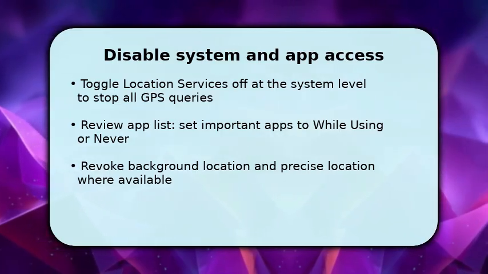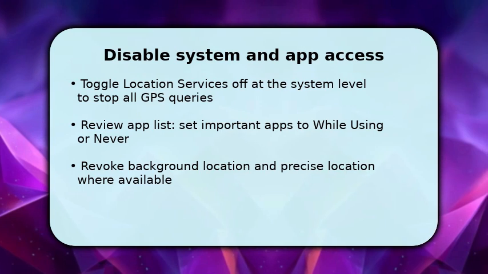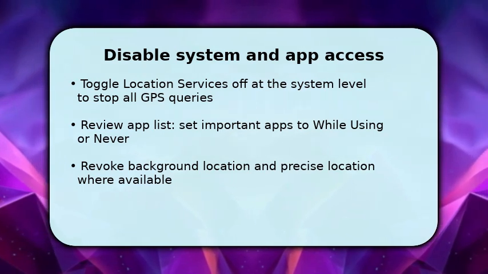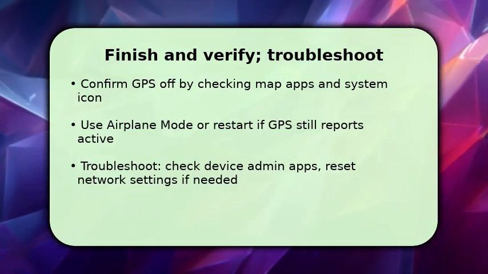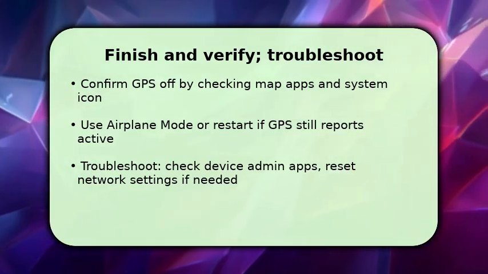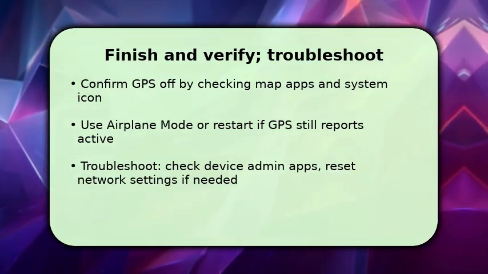Finish by verifying the change. Open a Maps app and confirm no GPS lock or location icon in the status bar. If the device still reports location, try toggling airplane mode on briefly then off, or restart the device to clear